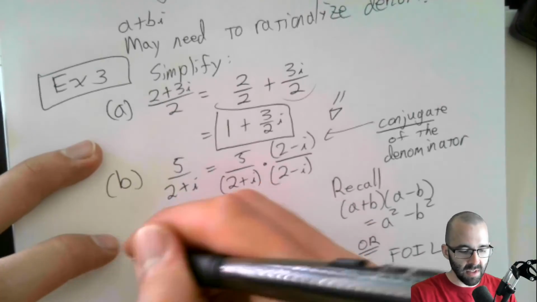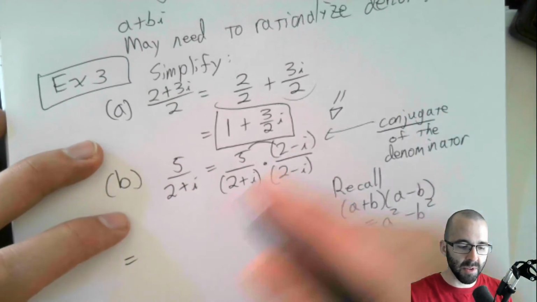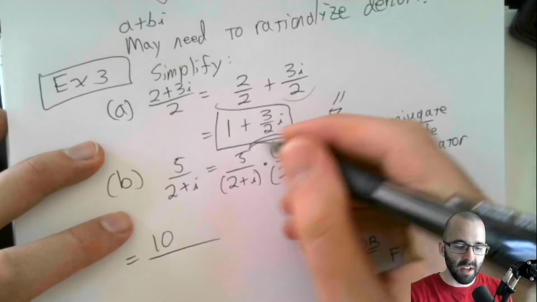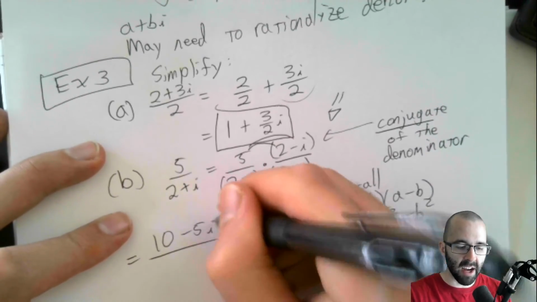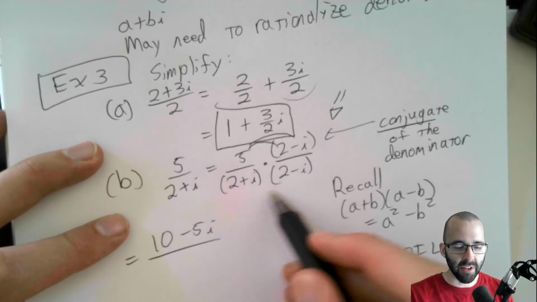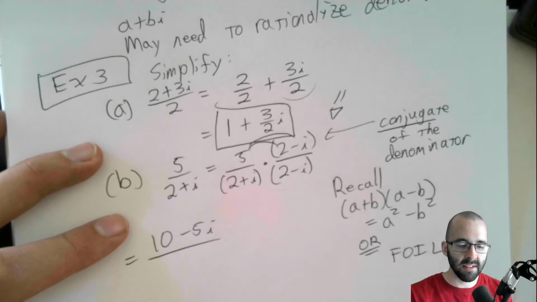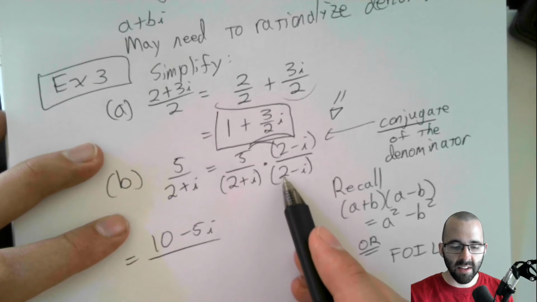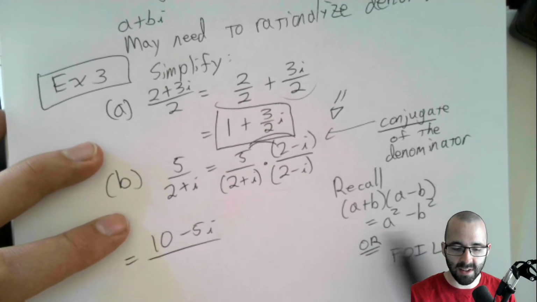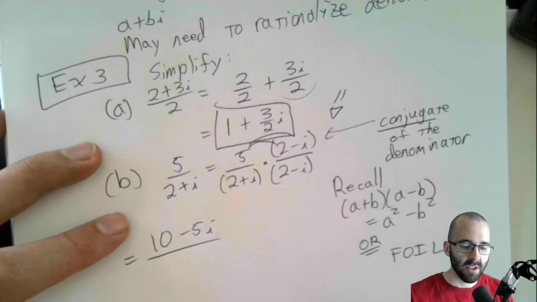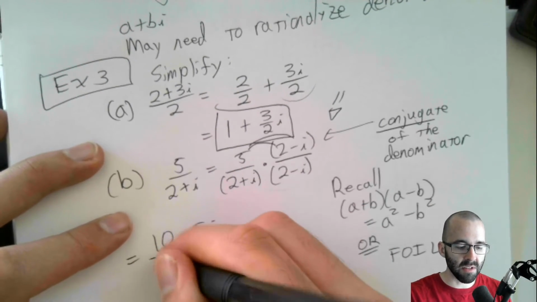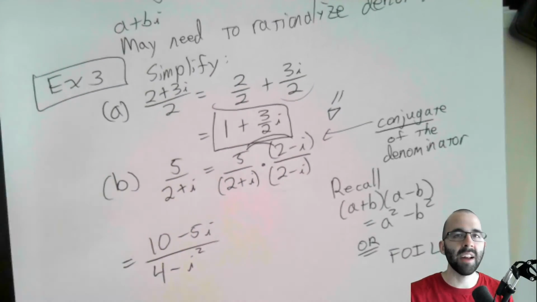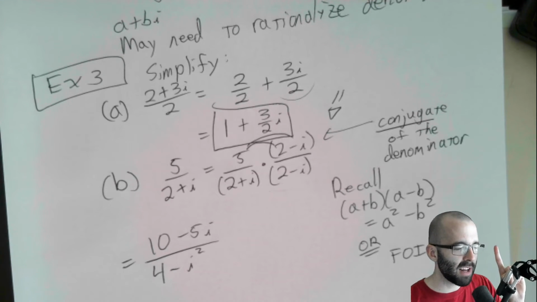Either is okay. So on the top, we have 5 times 2 and 5 minus negative i. 5 times 2 is 10. 5 times negative i is minus 5i. In the denominator, you can either FOIL, first, outer, inner, last, or use a shortcut here because it's something plus a second, that same thing minus the second. It's this special formula, difference of squares. So it becomes the first thing squared, 2 squared is 4, minus the second thing squared, i squared is -1. We'll keep it as i squared for now.